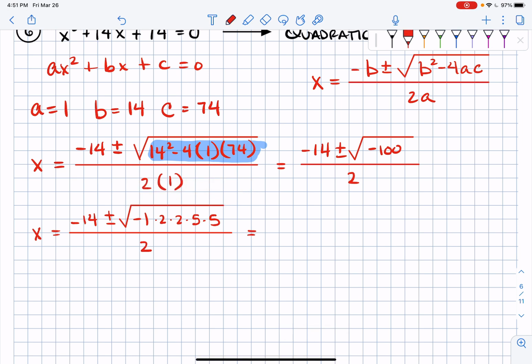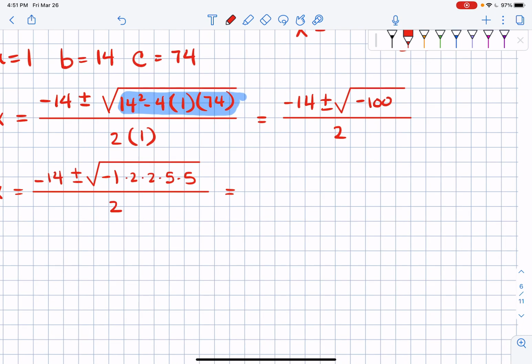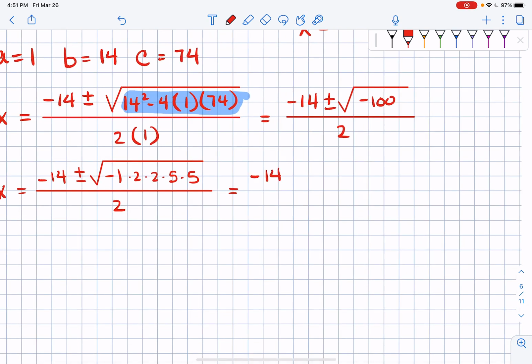Okay, so what do we have? The index is a 2, so we're looking for pairs. We got a pair of 2, a pair of 5, and that negative 1. So that's actually going to come out to be negative 14 plus or minus